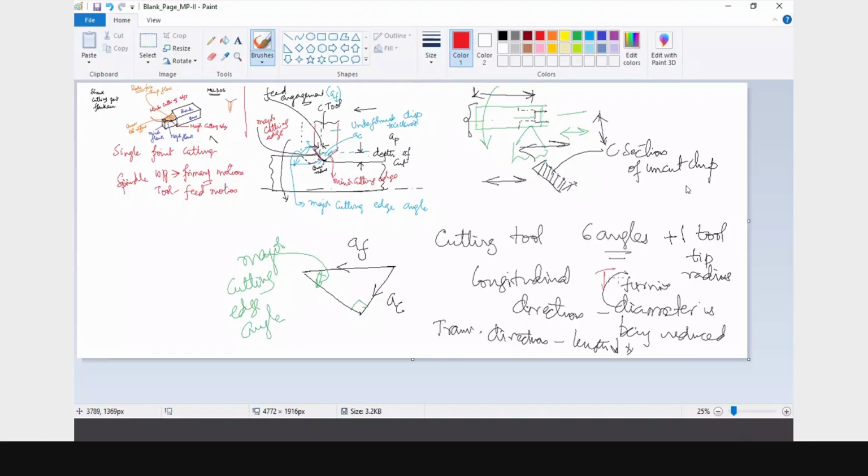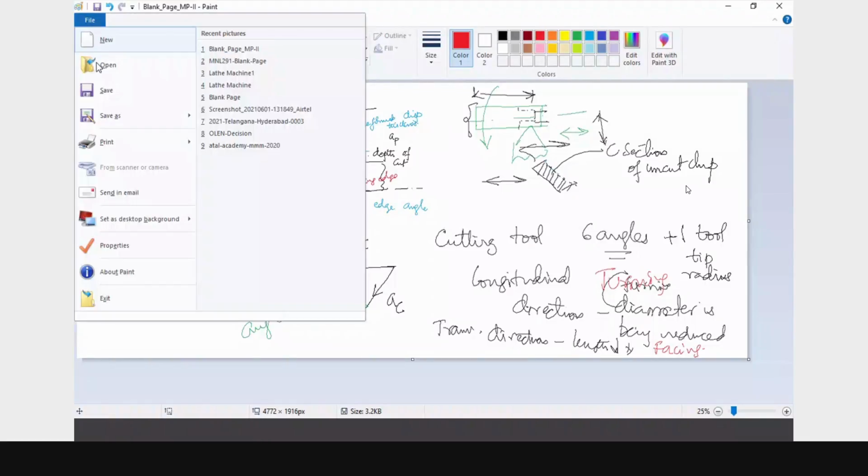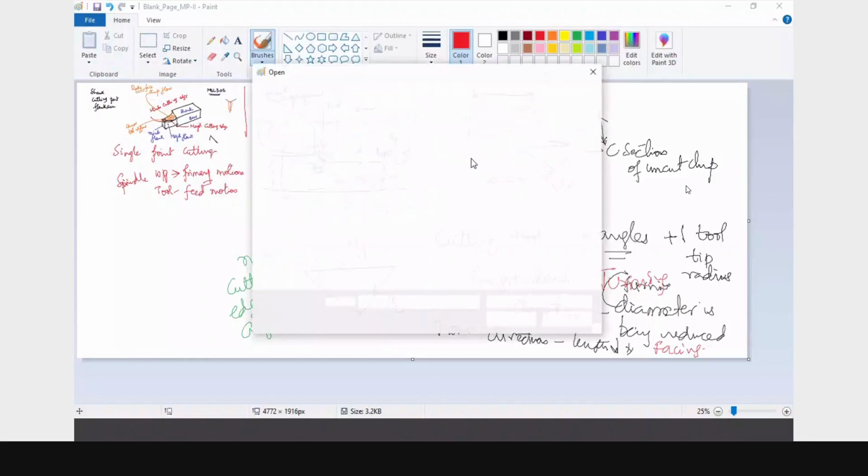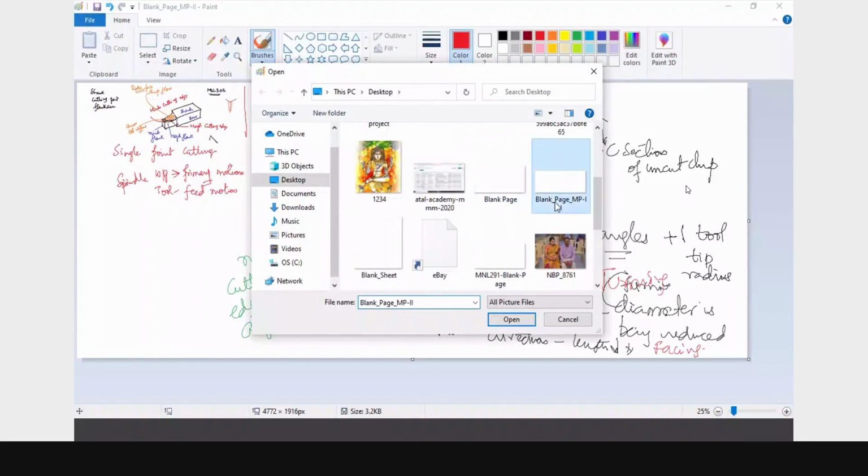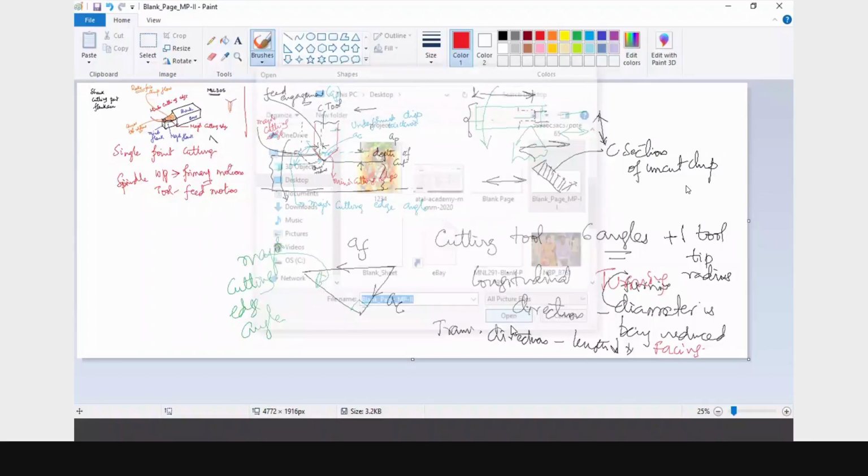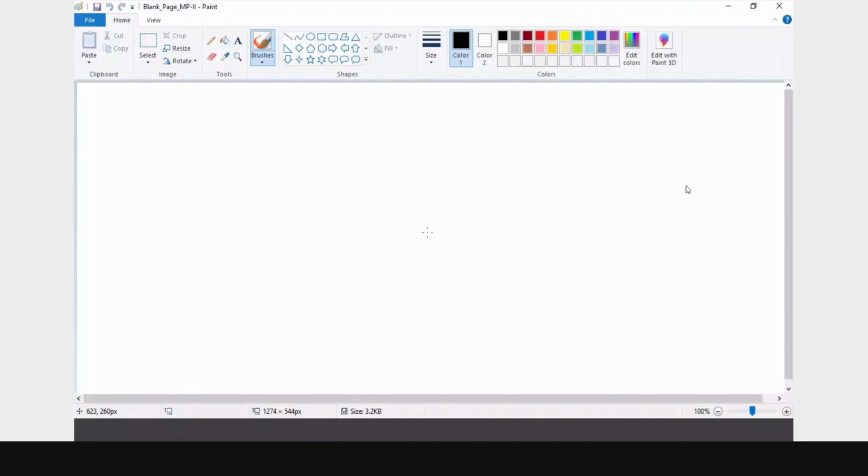Okay, so let me draw clearly how the turning process looks. Is it okay what I am trying to say? Is it clear with everyone? Let me draw again the turning process where you are going to reduce the diameter. In the turning process, the diameter is reduced. Means you have a workpiece like this. Let me draw the axis also. And let's say this is your workpiece, and when you try to reduce the diameter,